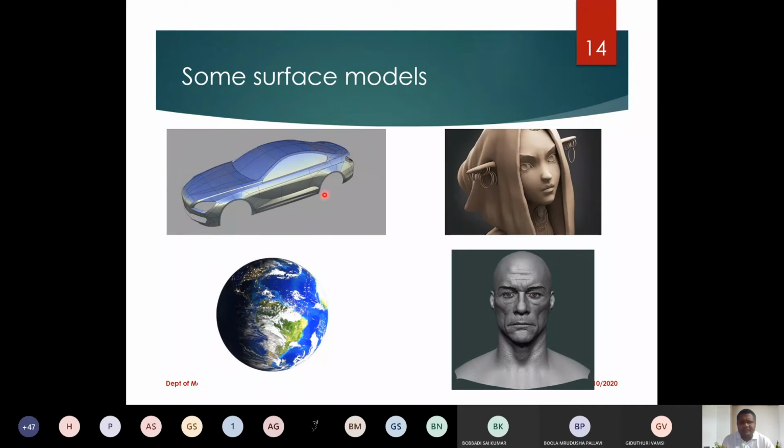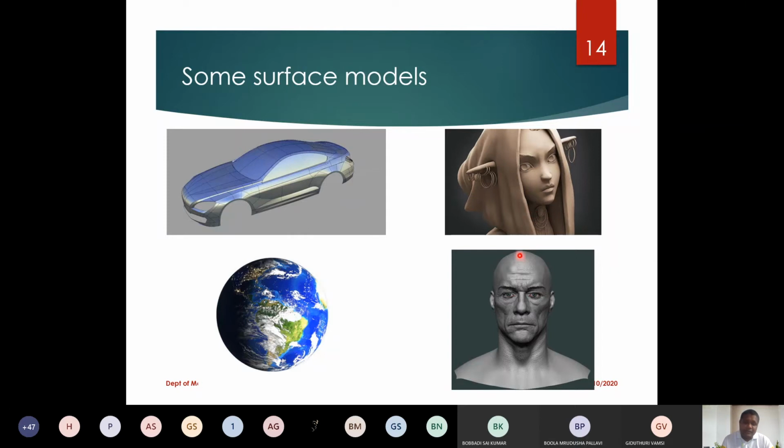So it's a surface model. Even if you look at these two faces, a lot of animated movies do use surface models. They don't bother about internal parts, what the heart is and how it looks, how the heart is functioning, or where the brain is. Your requirement is only to show a picture, some kind of animation. Animation doesn't require all the internal features and functionality. Only the surface related information, if you can accommodate it properly, is good enough.